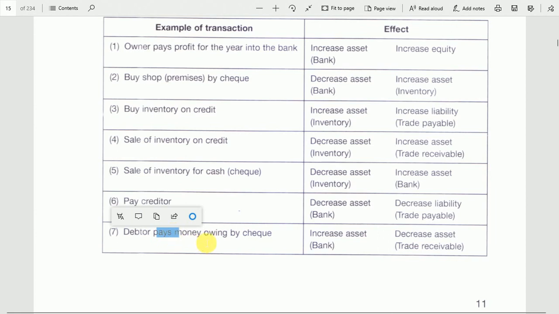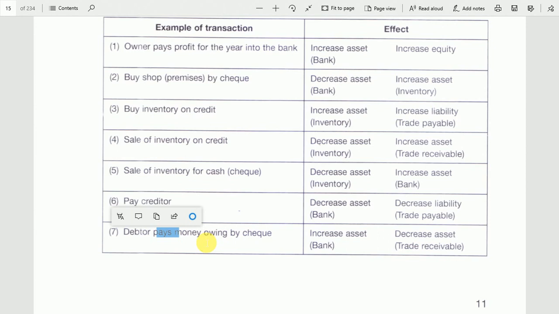Debtors pay money owing by check. Of course, debtors are our customers, and debtors are those from whom a company expects to receive or collect cash. Debtors may be any kind of business party doing business with the company, so they owe the company. When debtors pay money by check, the bank increases